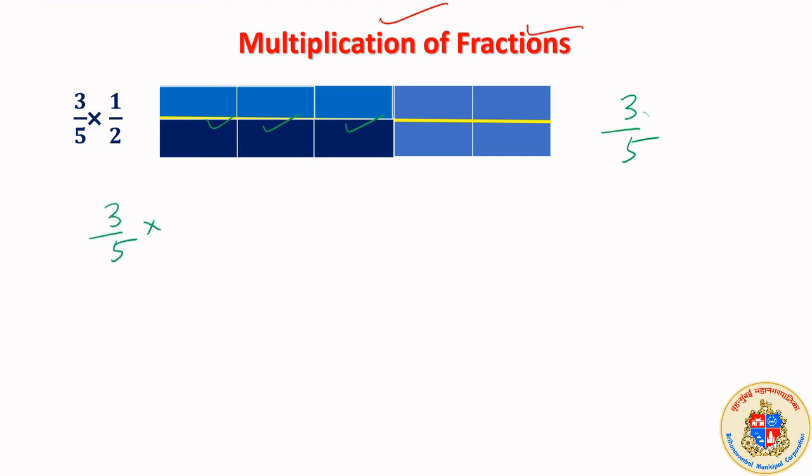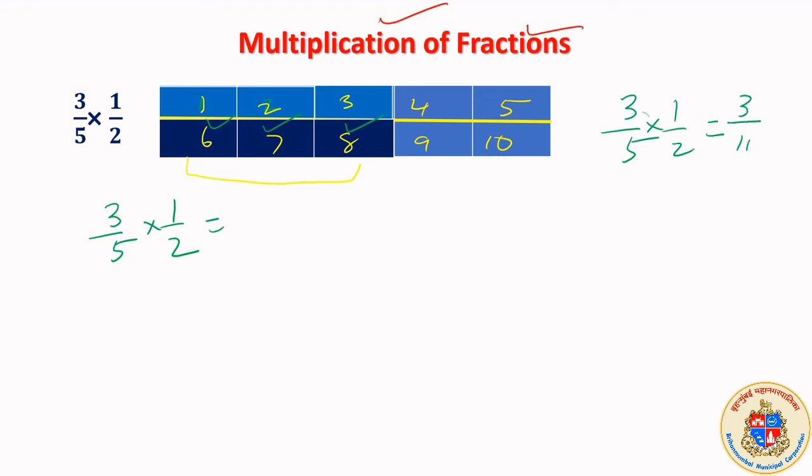3 upon 5 into half is what is dark here. How much is this? First it was 3 upon 5 which I marked. Now 3 upon 5 again. So total division now over here is 1, 2, 3, 4, 5, 6, 7, 8, 9, 10. Out of that, this much is 3 upon 5. You know how much it is? 3 out of 10 it is. That means 3 upon 5 into half must be equal to